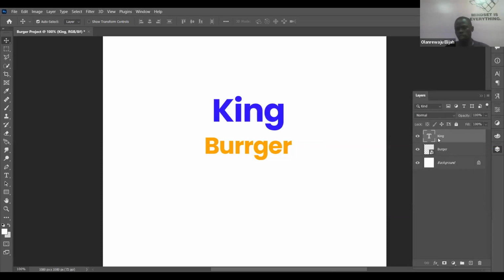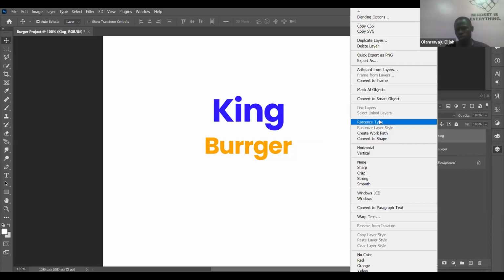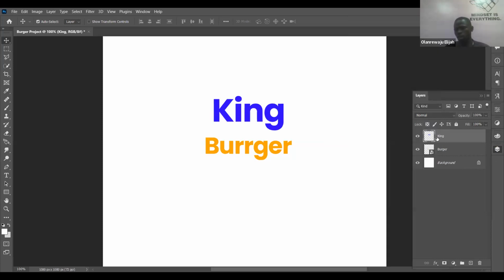So now we right click on it, then rasterize it, meaning that we want to convert it to what? To an image. Do we get it now? After we have rasterized this one, there is no thumbnail here, but you have one thumbnail here. Can you see it? There is a thumbnail here, but on this one, there is no thumbnail, meaning that this one is an image. It has been rasterized. But this one is a smart object. That is how to differentiate between a smart object and a rasterized image. Do we get it now?